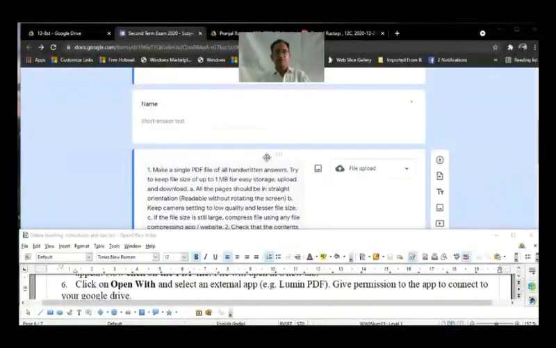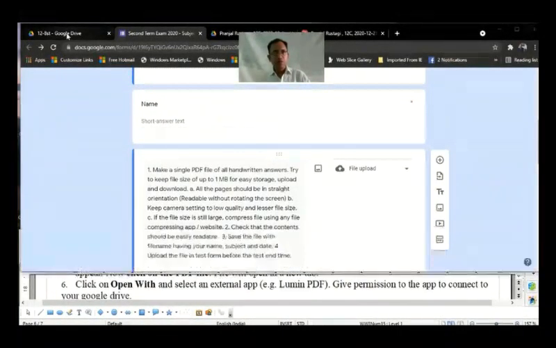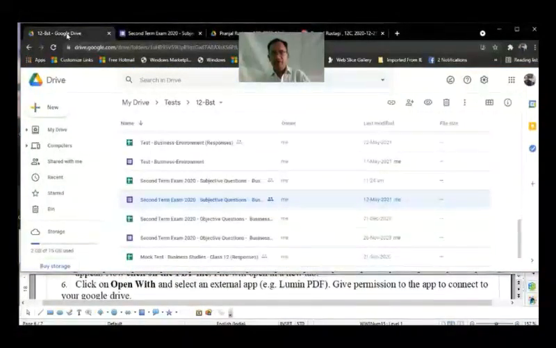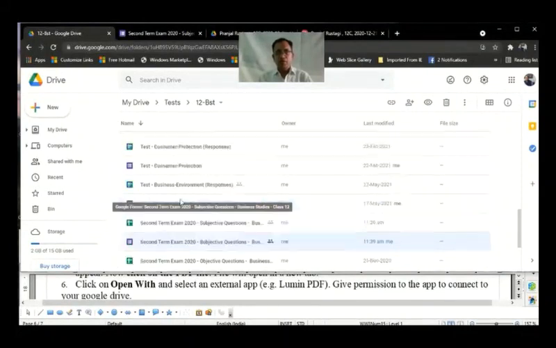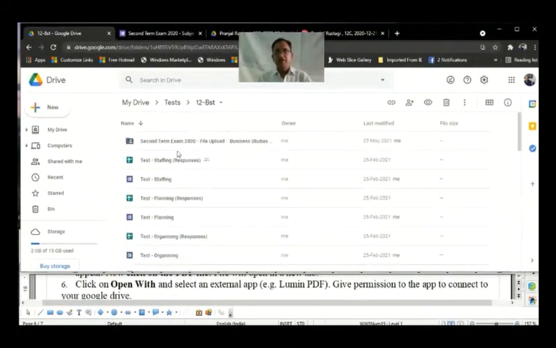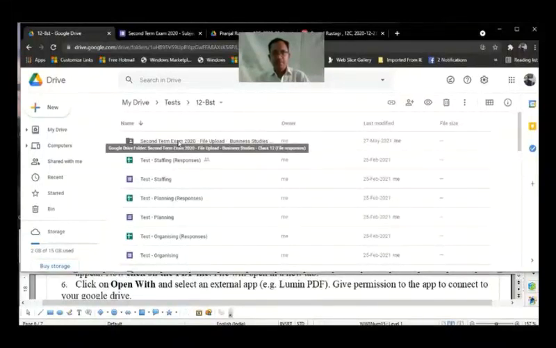After creating this form, the second thing you need to do is you go to your Google Drive where this form is stored. In the same folder, you will find a new folder has been created by Google to store the files uploaded by the students through this form. Over here we see this is the folder created by Google for this test form that I just created.